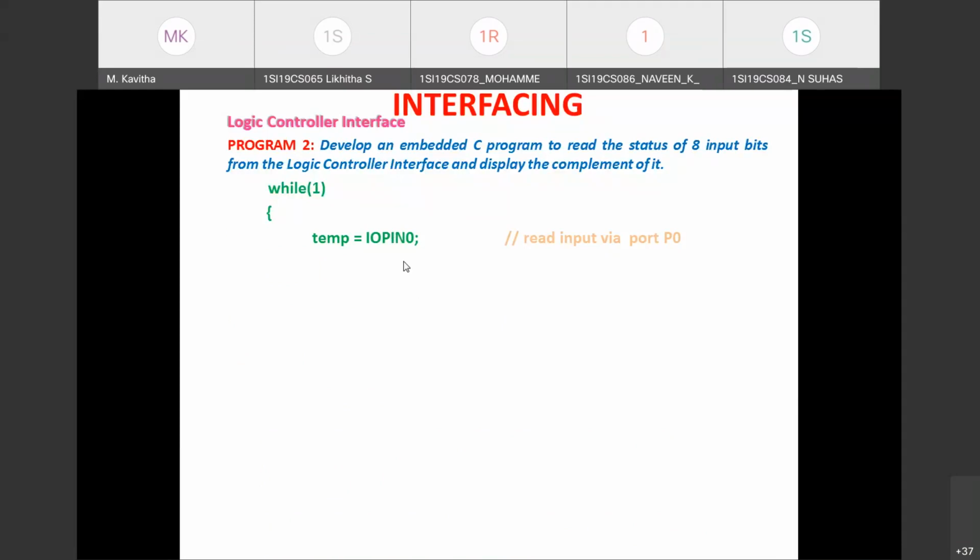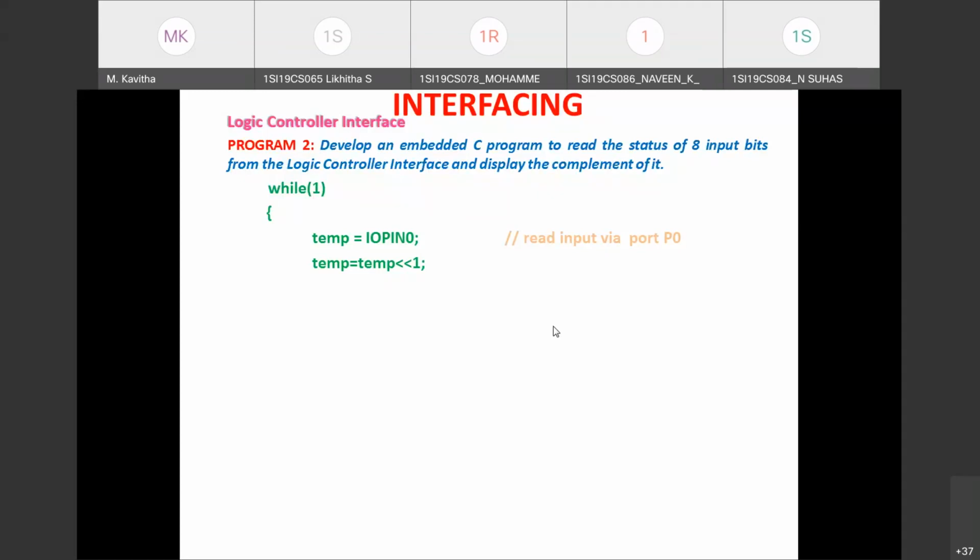That means I need to left shift by 1 bit position, right? For outputting the complement of it through port 1. So temp is equal to temp left shifted 1 time, so that the input, which is appearing in bit 15 to bit 22, will appear in bit 16 to bit 23 position.